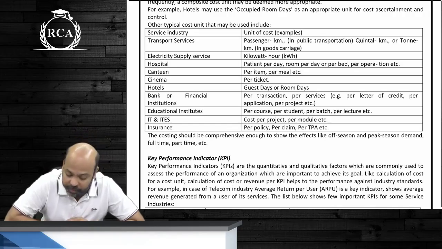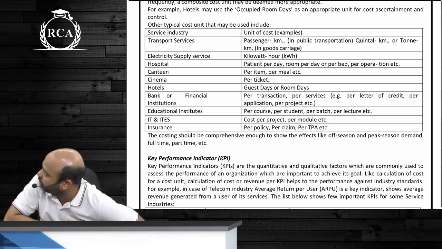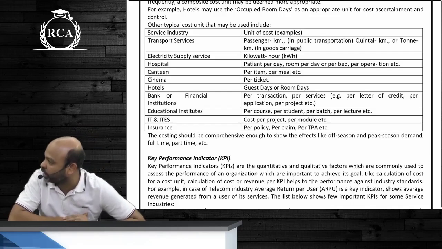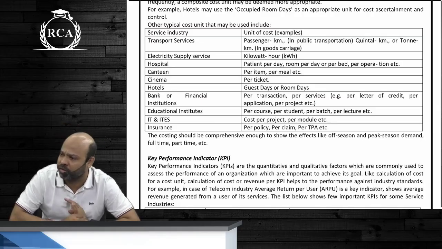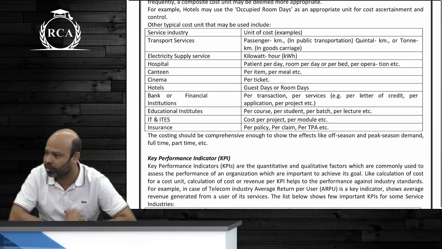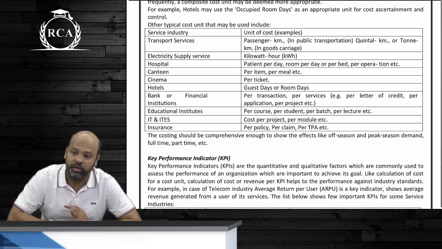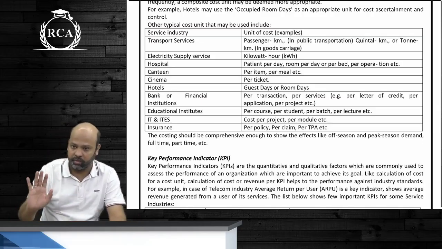And then beta hospital, it says it is per patient per day, or it can be per room per day, or it can be per bed, or it can be per operation. They will have different cost measurements, guys. Don't you think a hospital will obviously have the cost of the operation already being calculated, guys? Yes or no, guys? समझ में आ रहा क्या बोल रहा हूँ मैं?